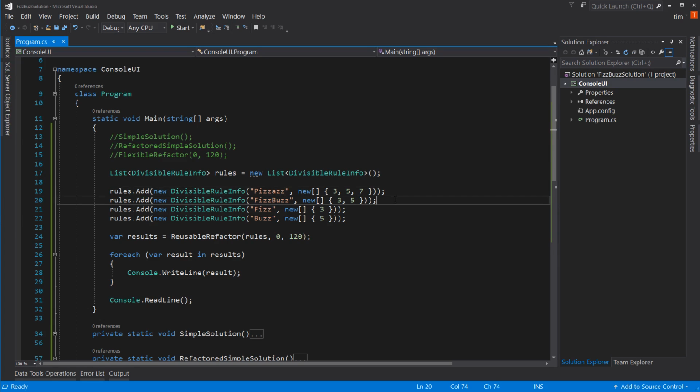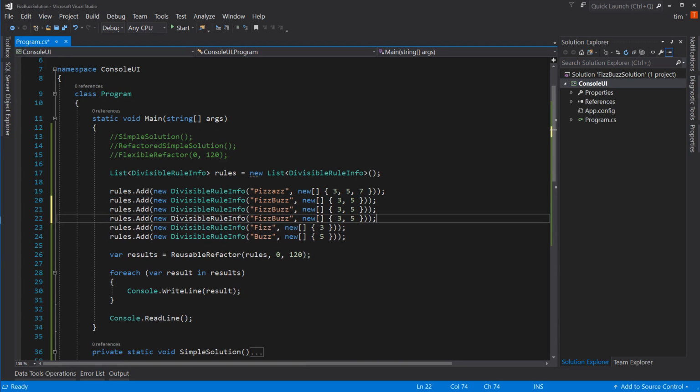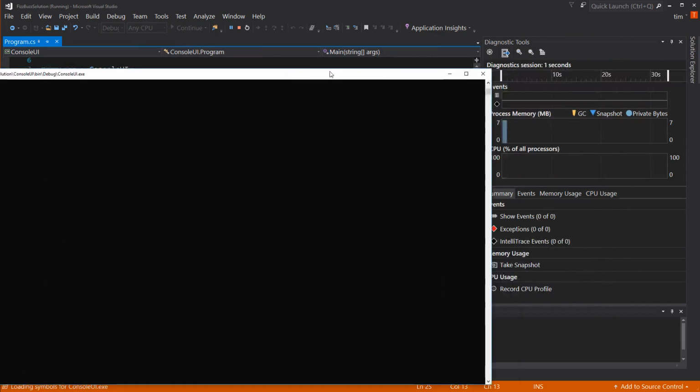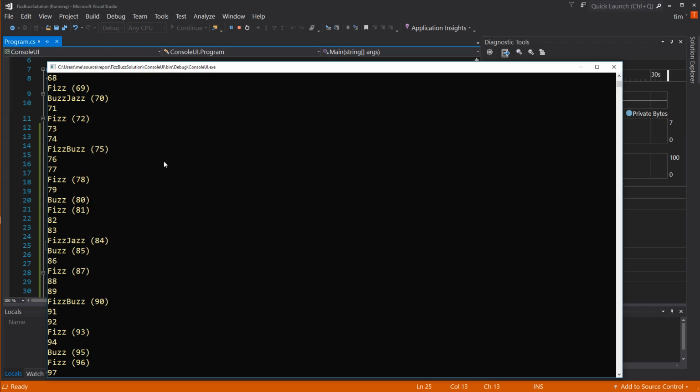Now we can add other rules as well. For example, if we want to handle the FizzJazz and BuzzJazz, we could handle those as well. So FizzJazz would be 3 and 7, whereas BuzzJazz is 5 and 7. And now we have those as well. So we have FizzBuzz, we have Pizzazz, we have FizzJazz,